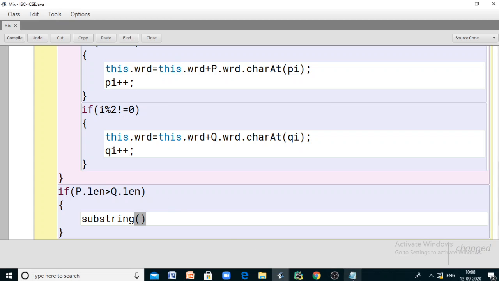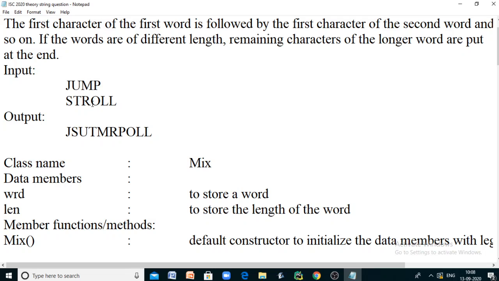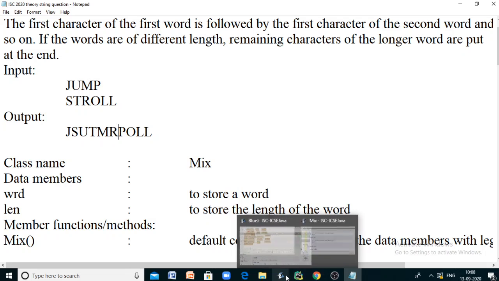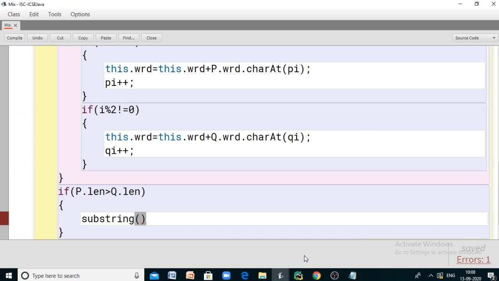Taking the example here, the last corresponding character in this longer word is O. We want to extract the substring from the character next to the last corresponding character added, that is from L till the end. So we can use the substring method with a starting index, and the ending index is by default the last character's index. What is the index of the character next to the last corresponding character from the longer word, the first word?